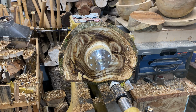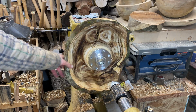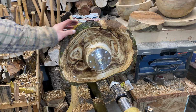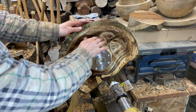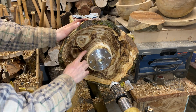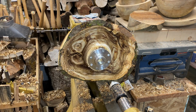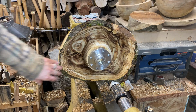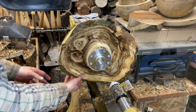Whew, this thing's beating me up. This wood just doesn't want to cut no matter what angle or tool I use. It's interesting. I don't know if it's because of the coarse grain or because I'm going through sapwood and heartwood, and so at different densities, but I can't even really cut this. Maybe it would cut easier if it was drier. I don't know. I've gotten down this far, and I think it's reasonable thickness to dry, but